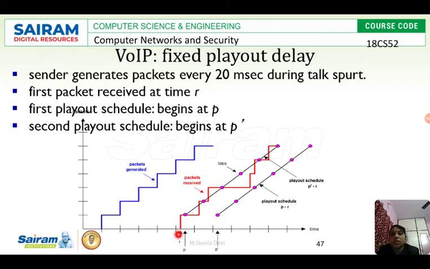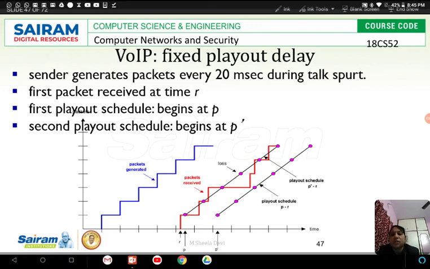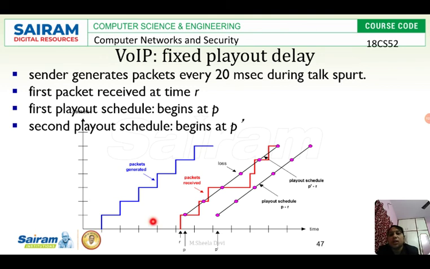And it is received at the receiver at this time. That is, the first packet is received here, and this is the second packet, third packet, like this it goes on. But if you see the fourth packet, it has so much delay and it is lost during transmission. So this red color one is the packet received, and this is playout. The vertical line is playout. And see, the fifth packet is again received, and the sixth packet.